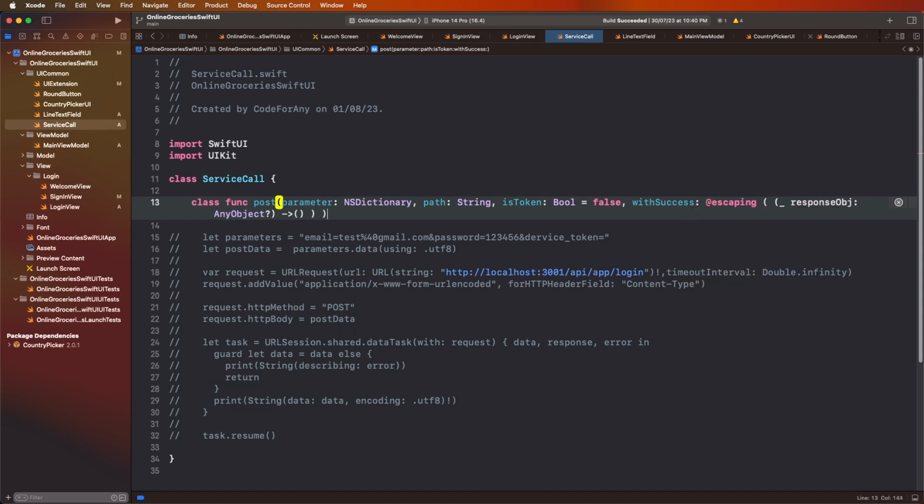Escape. Which is the block for the success blocks, and to write down here failure block, write down here the